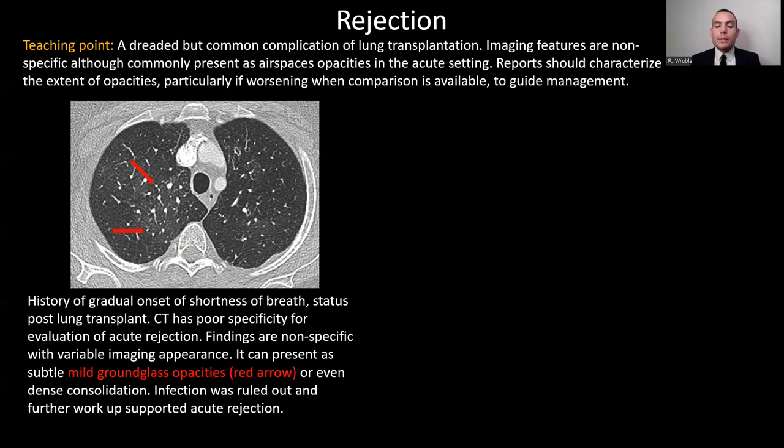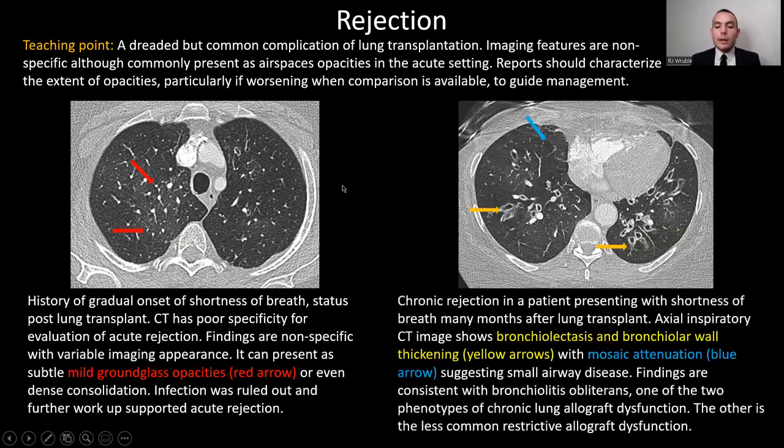While some patients with acute rejection may be asymptomatic, those seeking emergency care for it often present with fever, cough, and shortness of breath. Here on screen left is an axial CT of a patient with prior lung transplant who has some shortness of breath, found to have subtle areas of ground glass opacities, and they were found to have acute rejection. Chronic rejection typically occurs about 4 months after transplant and presents with small airway disease imaging features, including